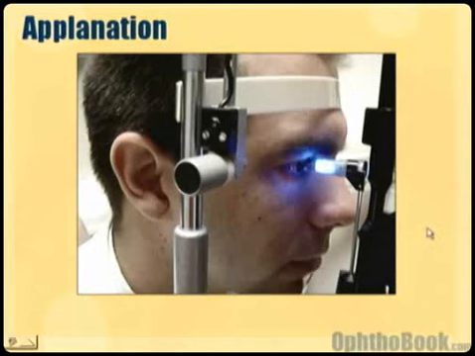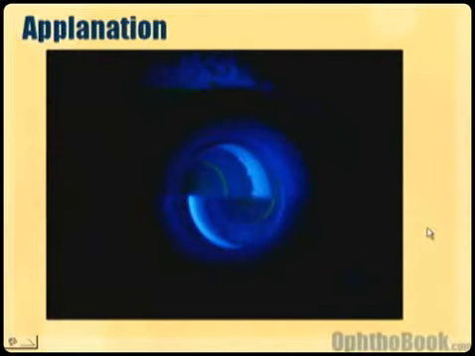And it gives you an idea of how high the turgor is in the eye. When we do it, this is what we see. We turn the blue light on and we put fluorescein in the eye, and we're looking at the eye. This is the upper lid and the lower lid somewhere down here in the shadows, and what we see is